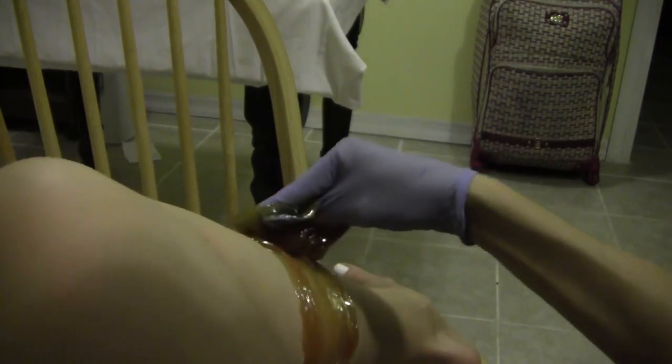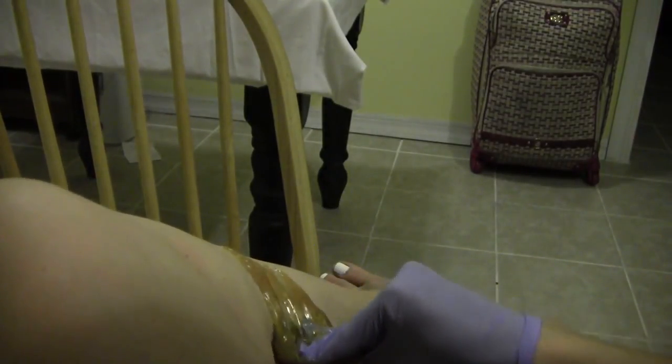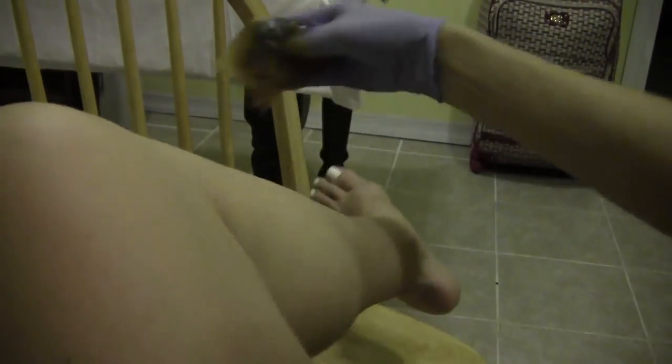Okay, so I'm actually holding the skin. If you can see my hand over here, I'm holding the skin tight from the upward part. And then get to the back, stop, drop, flick, stop, drop, flick, stop, drop, flick. Okay, and oftentimes, the more you mold